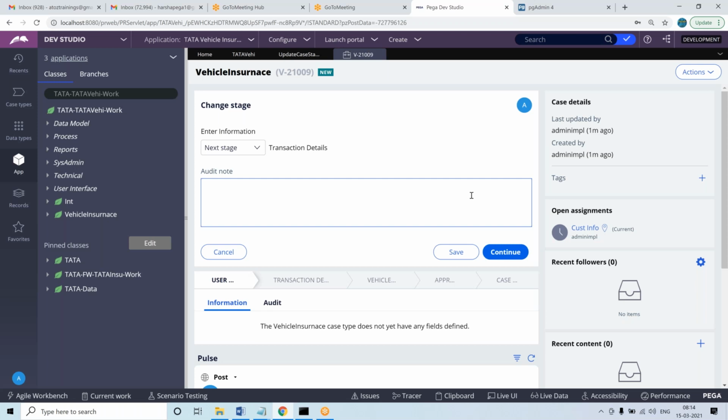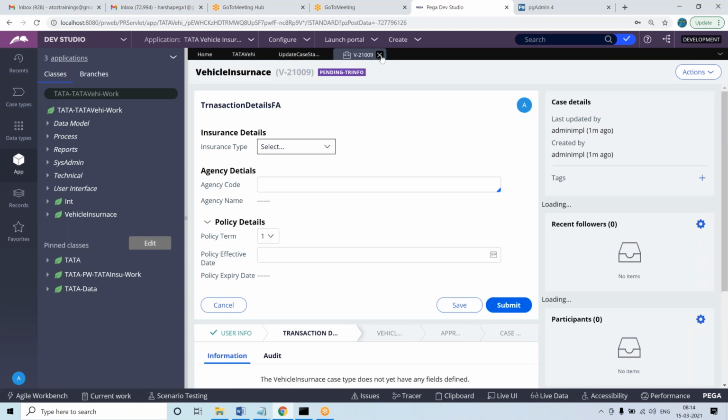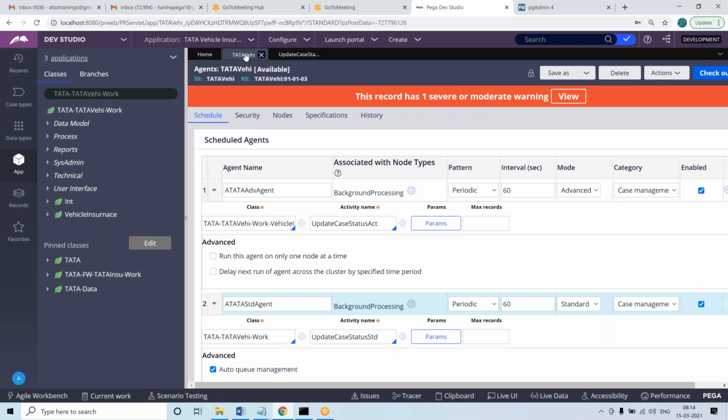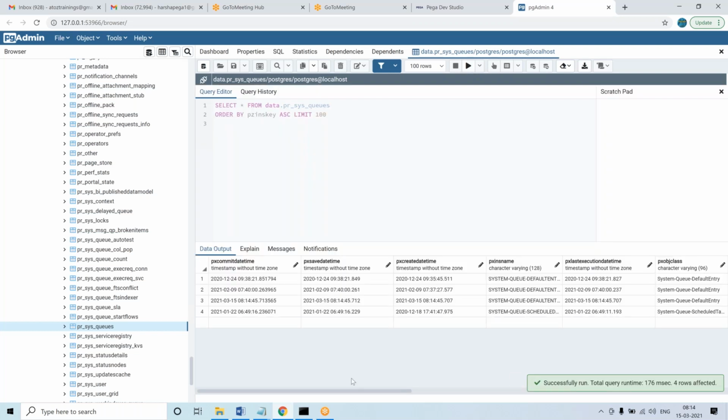Okay, transaction details itself has got queued, right? In that stage only. So it has got queued now. 21009 is the object which I have closed. Okay, done. It should be processed. When this item gets processed, it should fail and the status should get changed.